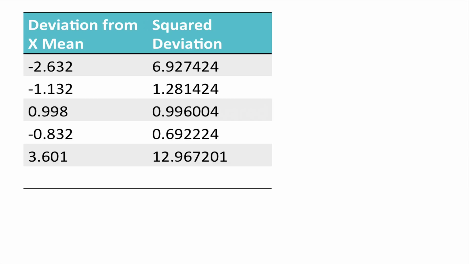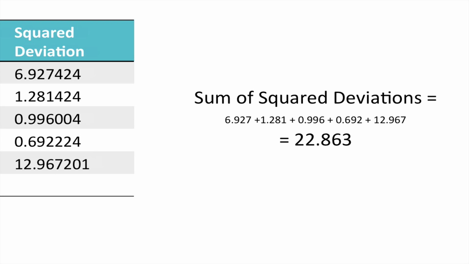So how do we actually calculate the variance? Well, the first thing we're going to do is work out the sum of all these squared deviations. Overall, how much variability or how much spread is there in our data? And when we add up all those scores, we get an answer of 22.863. Now, this gives us some sense, but I said the variance is essentially an average,